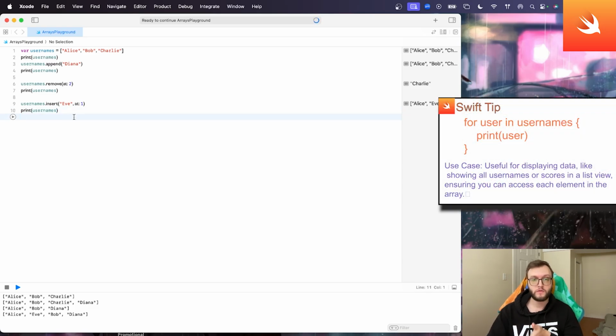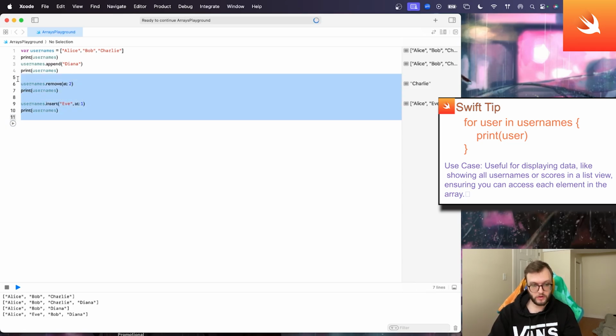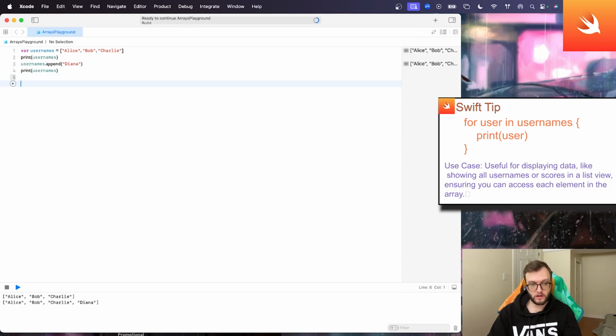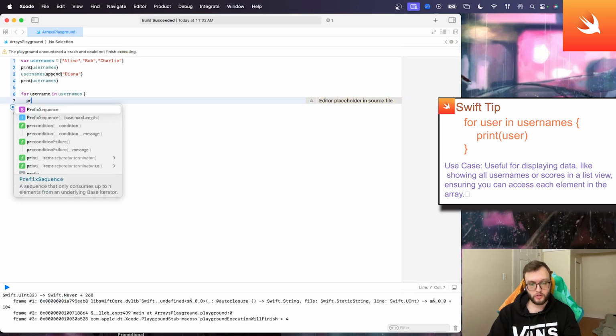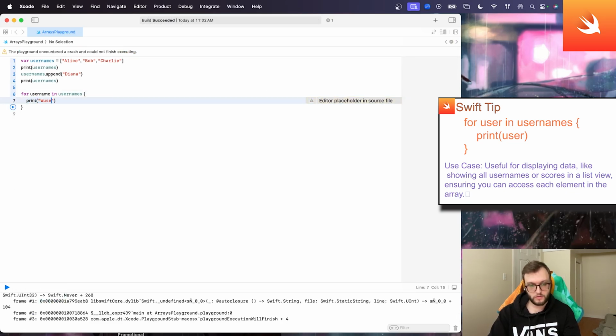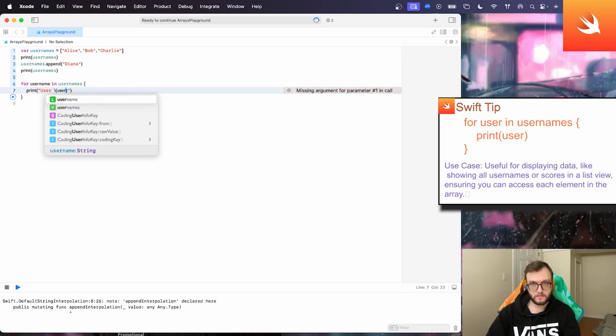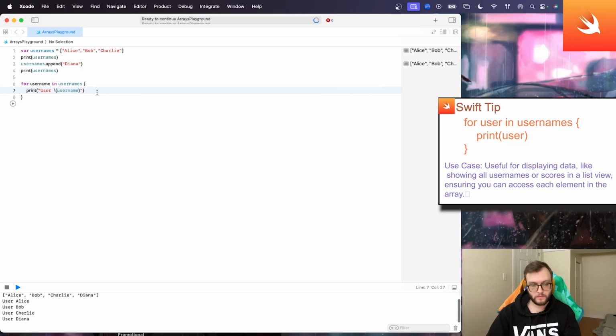We can even use a for in loop to iterate over our usernames array and print each username. So I'm just going to remove some of our extra code here. I'm going to keep the one where we've appended in Diana. So when we append, again, it does go at the very end there. But let's use a for statement. So let's say for username in usernames. And here for our code, we're going to print user, and we'll interpolate our usernames. And now we can see we have in order user Alice, user Bob, Charlie,